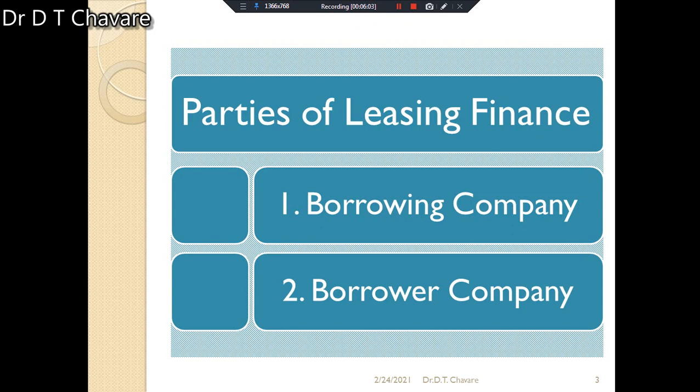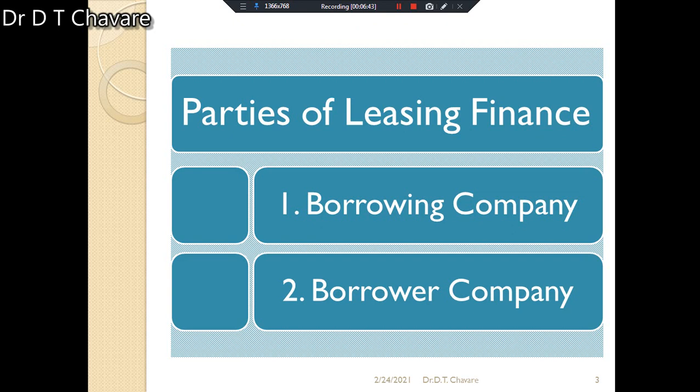A company which supplies the required equipment or machines on lease to the borrowing company is termed as the borrower company. Okay, the borrower company has its main business of leasing. What is the main business of the borrower company? Leasing is its main business. It undertakes to lease certain equipment and machines on contract for a short period. It charges certain fees. Try to understand. Such equipment is not provided free of cost. It charges certain fees against leased equipment.